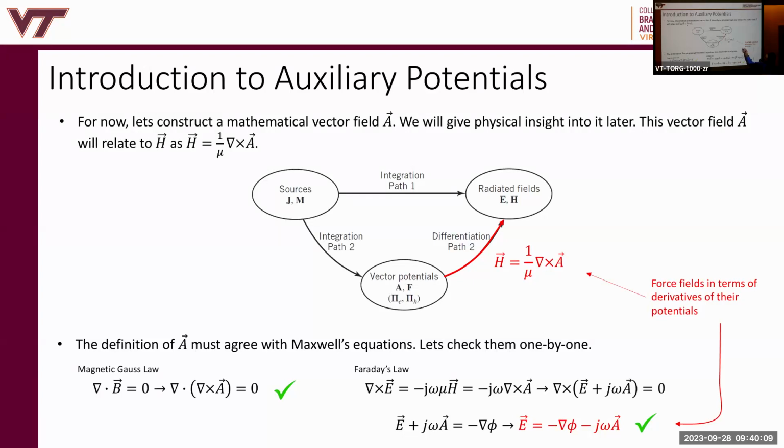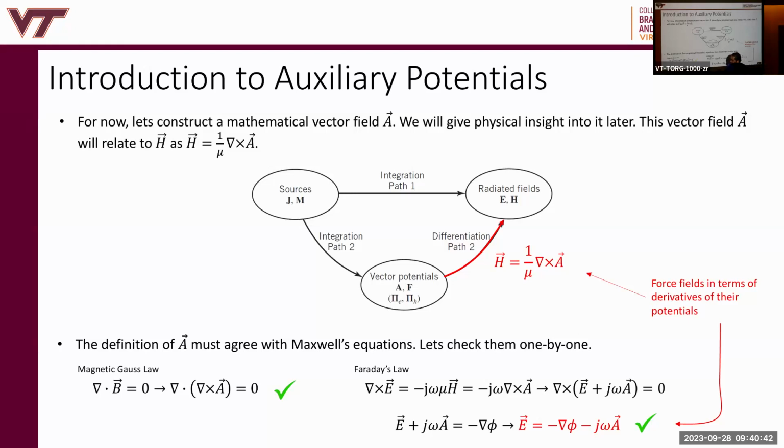We just have to make sure that this chosen definition works. Remember, in the beginning of the course, lecture 1, we talked about the vector Helmholtz decomposition theorem, right? What are the two properties of a vector field we need to define in order for it to be uniquely specified? You remember? Curl and divergence, very good. So we've specified the curl of A now, right? So we're halfway there. So we're going to make this conjecture that we specify the curl of A to be equal to H, all right? Now we just have to make sure that this definition satisfies Maxwell's equations. So that's what we're going to do.